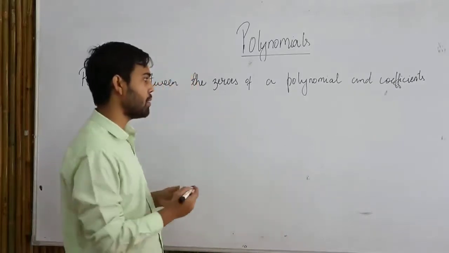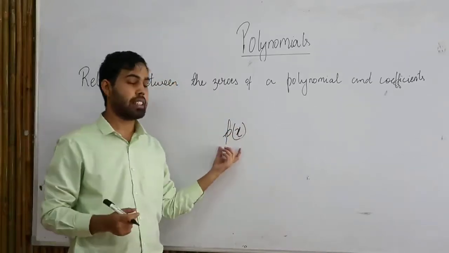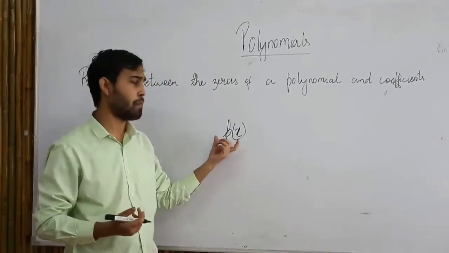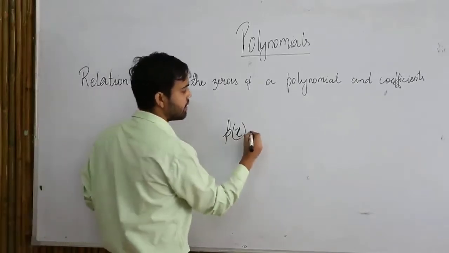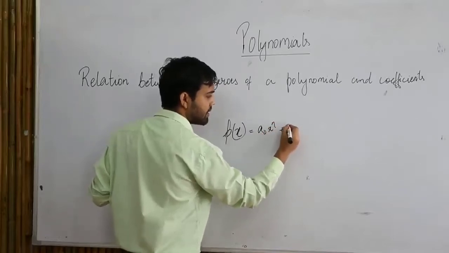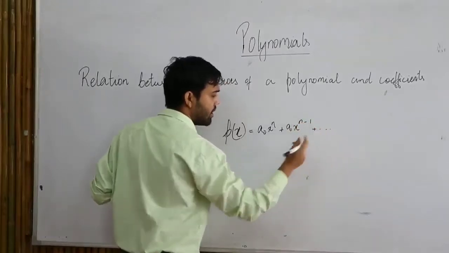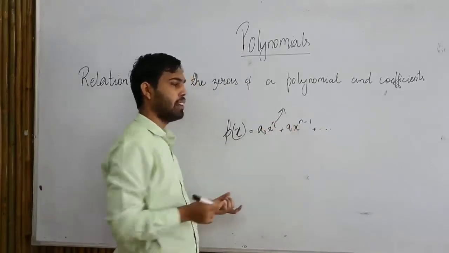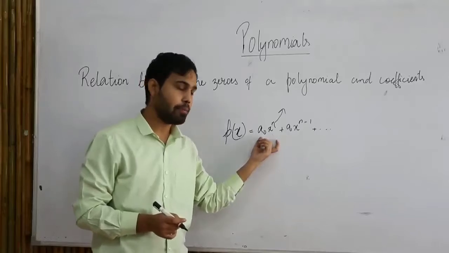Suppose they have given us a polynomial p(x) and they are asking us to find out the number of the zeros. Now this polynomial may have one zero, it may have two zeros, it may have three zeros, depending on some condition. So let us look at this condition. Suppose in general I am taking this polynomial a0 x to the power n plus a1 x to the power n minus 1, and it goes on. Now if you notice in here, what is the degree of this polynomial? The degree of this polynomial is n. So basically this particular polynomial will have n zeros.